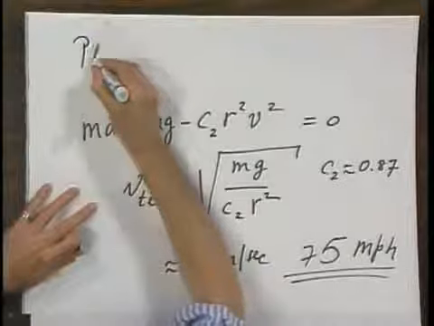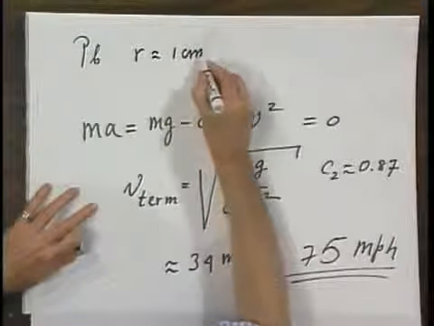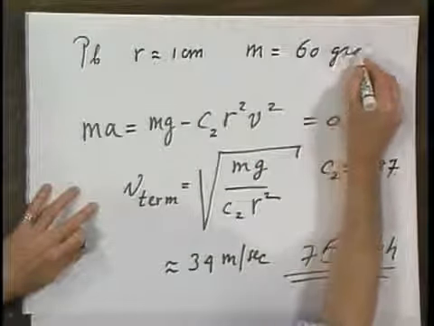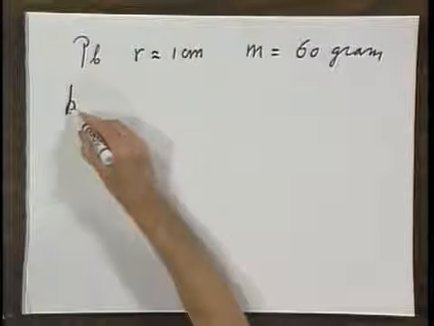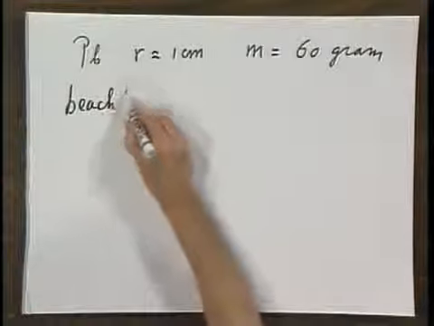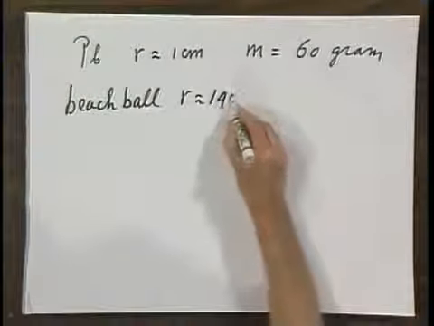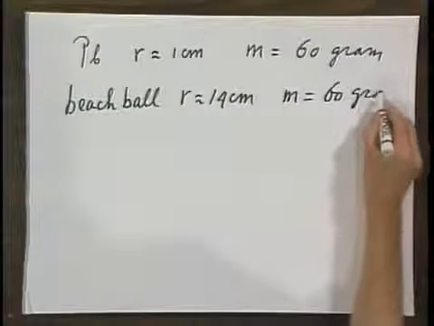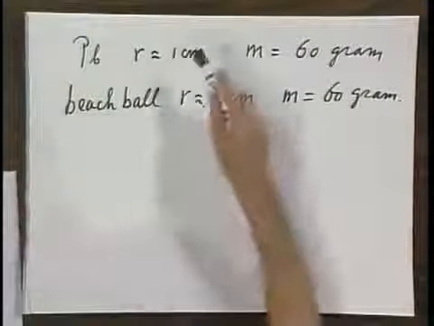So we have the lead ball, which has a radius of about 1 centimeter, and the mass is 60 grams. And we have the beach ball, whereby the radius is about 14 centimeters, and the mass is also about 60 grams. What is the terminal velocity for the